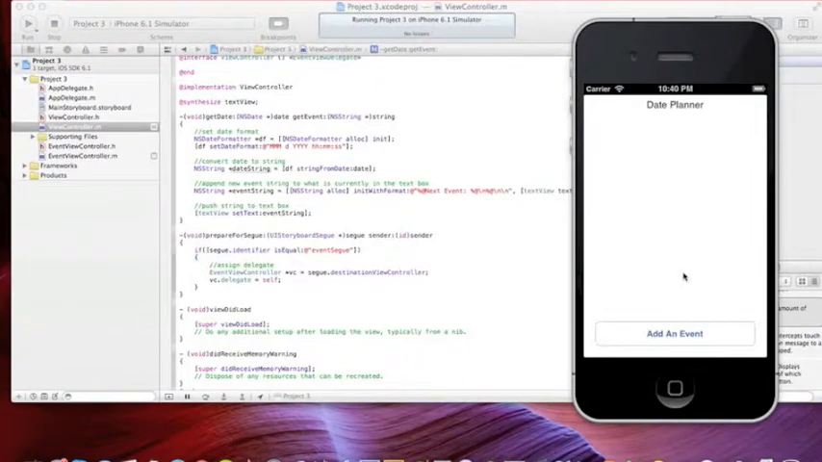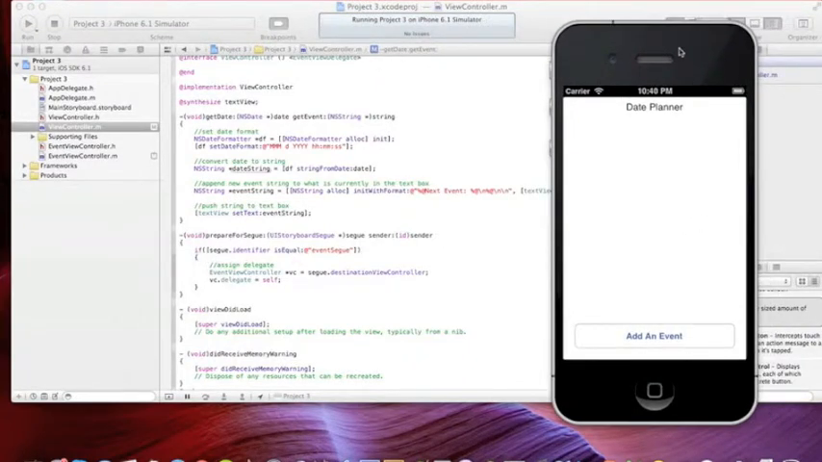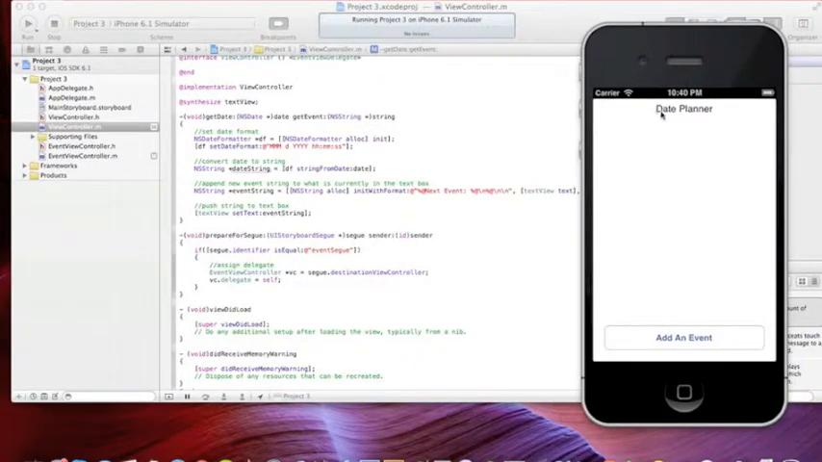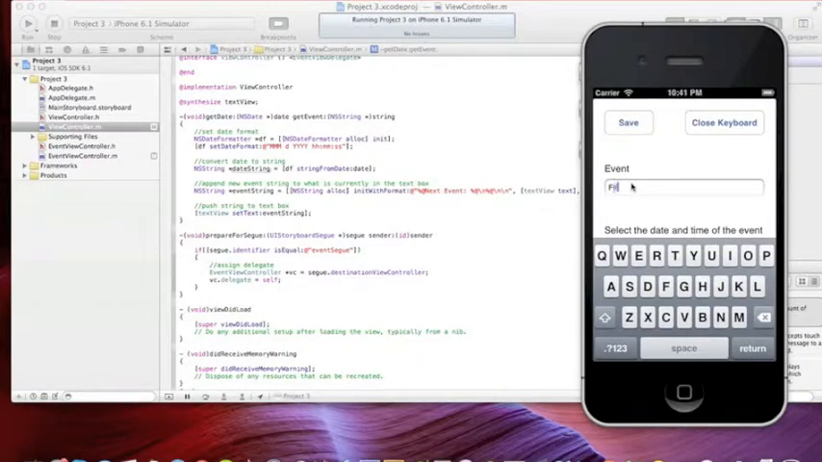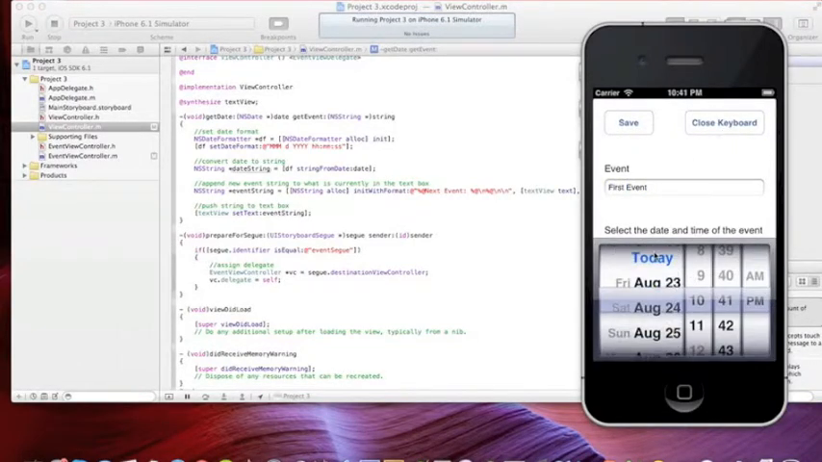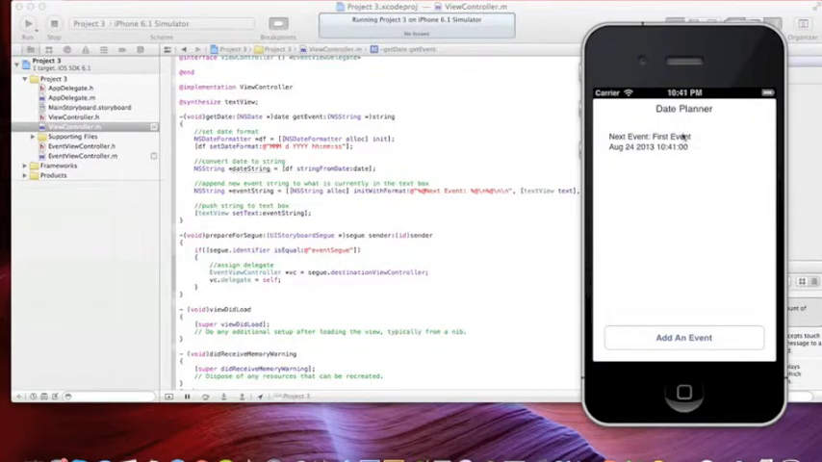Just going to go through my app here really quick and then I'll go over the code. So my app just starts off, it just says date planner with a blank text box. It has an add event button down here. If I type first event in here, this button will close the keyboard. I'll set it for a couple days out. When I click save, you can see that the first event shows up there along with the date and the